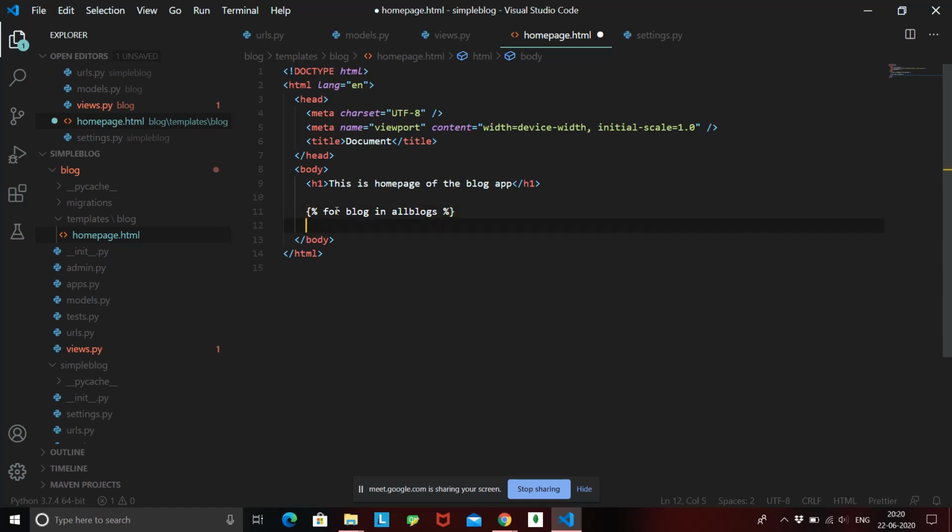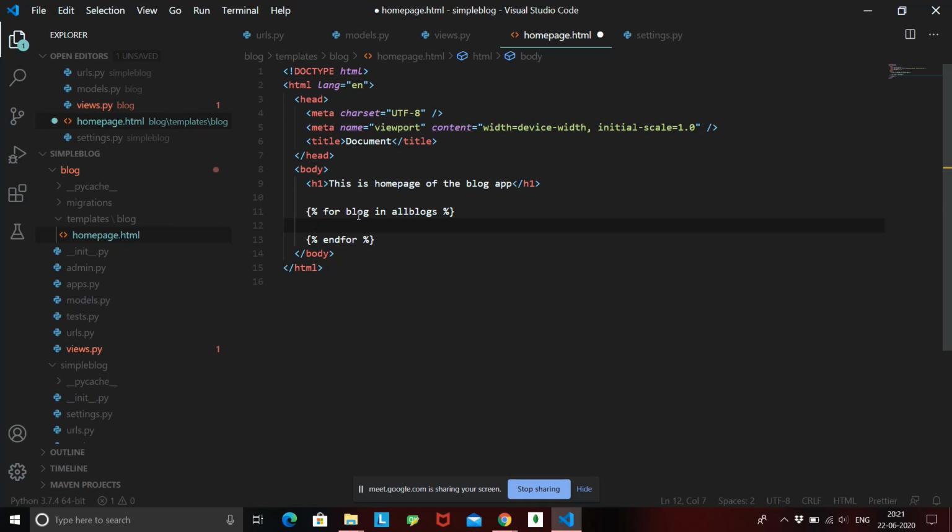Okay, and then we also need to end this for loop first. So this is how you write a for loop inside an HTML page, and this is a Python for loop, right? Because Django supports the Python language. So this is a Python for loop, and it is very easy: for blog in all blogs. And why all blogs? Because all blogs is the key of the dictionary that we are passing to this homepage.html, right? You cannot give any other name over here, but this is an iterating variable, so you can give any name.